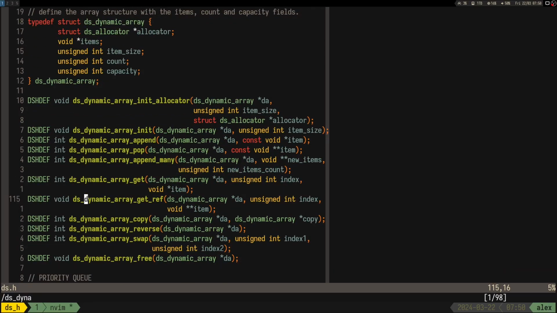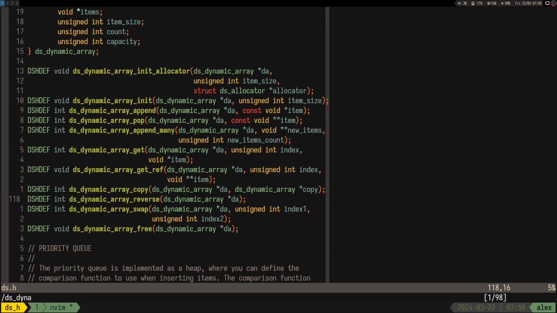So if we go to, I just didn't have LSP, or at least it's black and white, I don't know, because Clang doesn't really get that I'm including this file in the source code. So